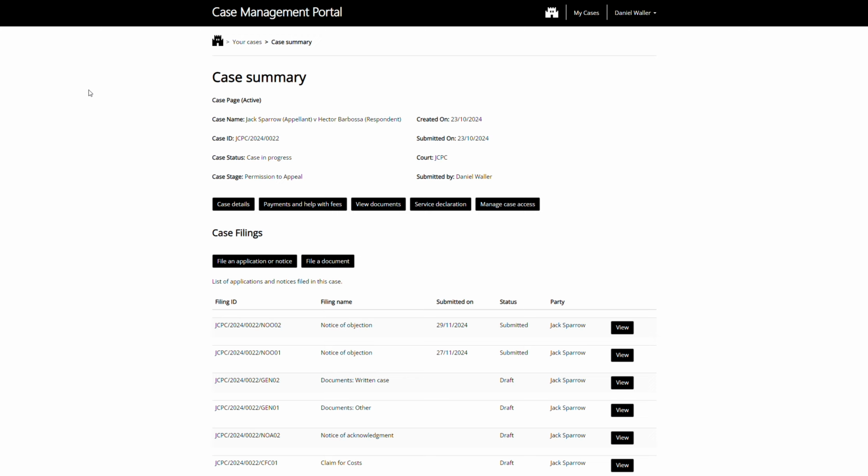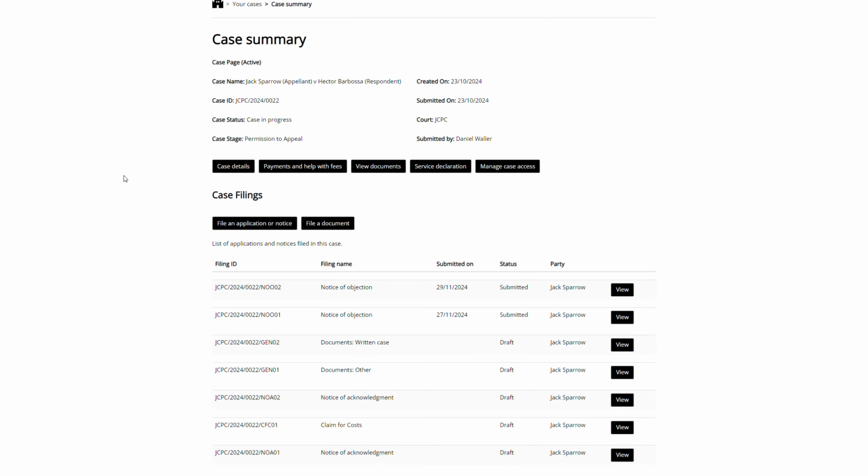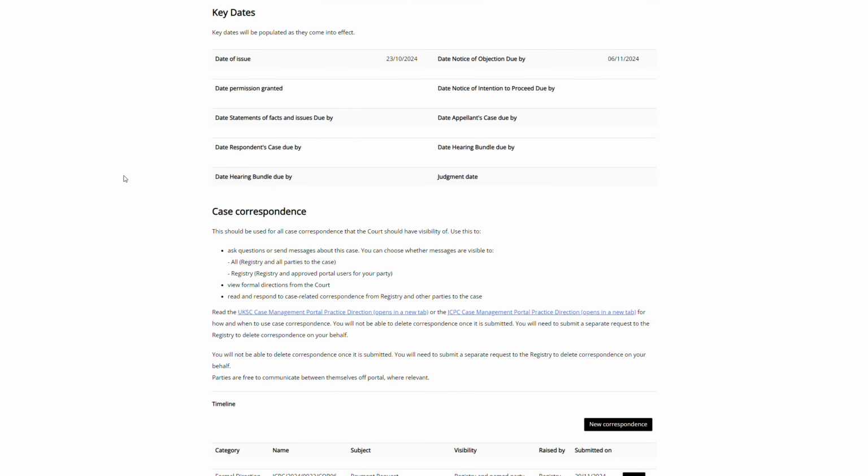The next thing I would like to cover is making a payment that has been requested by the court. In this example, payment for the original provisional application was short. It was £950 rather than the £1,000 required. The court has looked at this case file, has checked the bank details and has noticed the shortfall of the £50. What the court will do is raise a correspondence, which you will see down here,